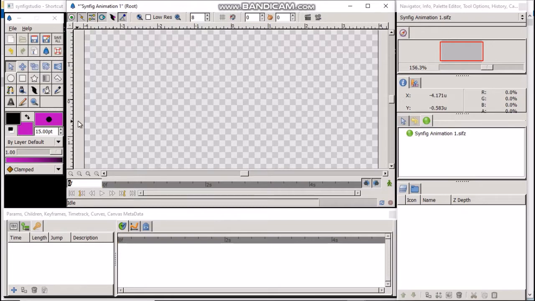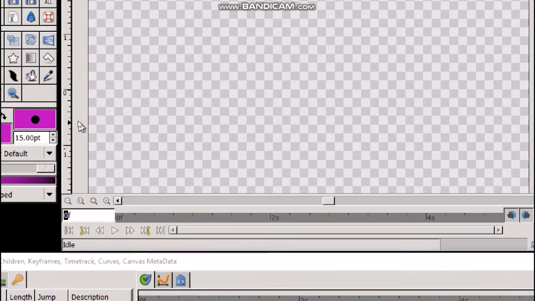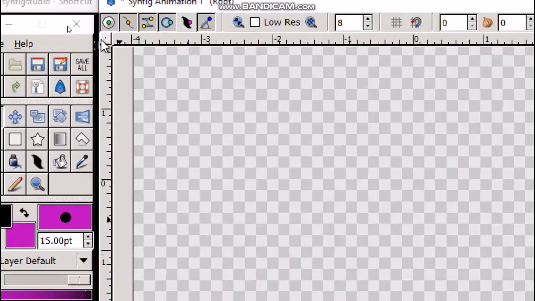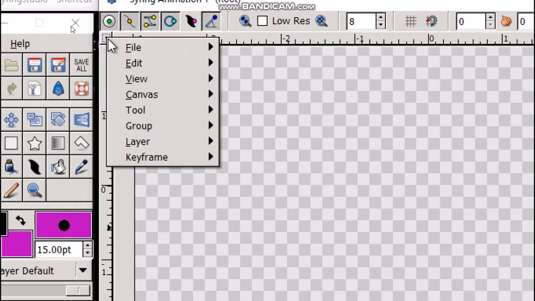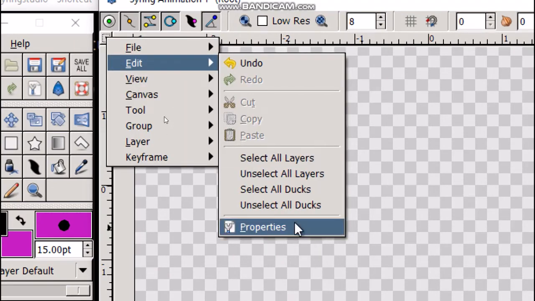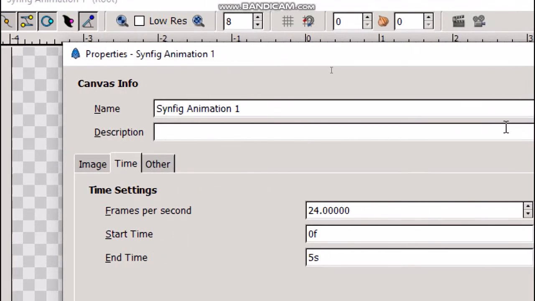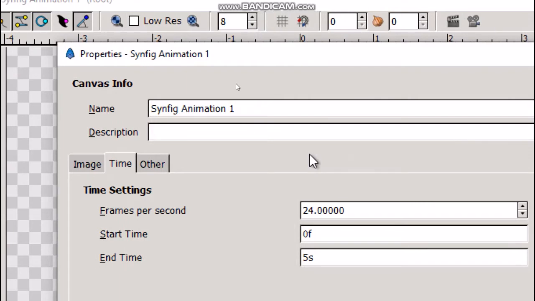Start Synfig and open a new file like last time. Click on the caret sign. This is the caret sign. Then edit properties. Now let us give a name and description to our animation.